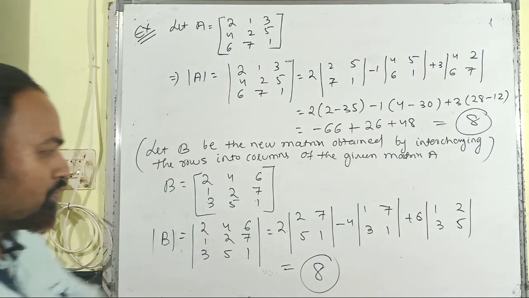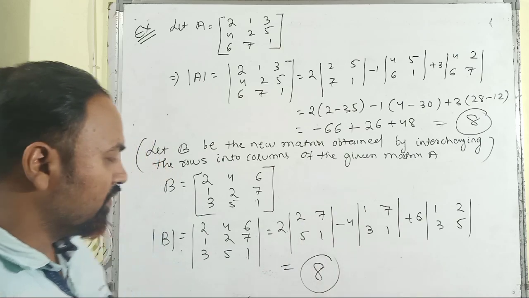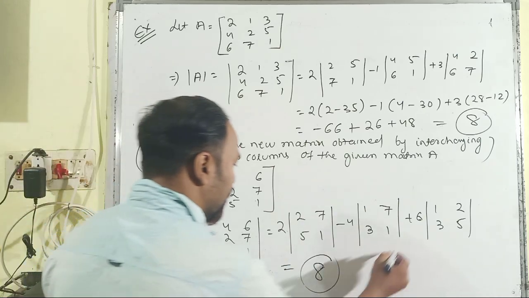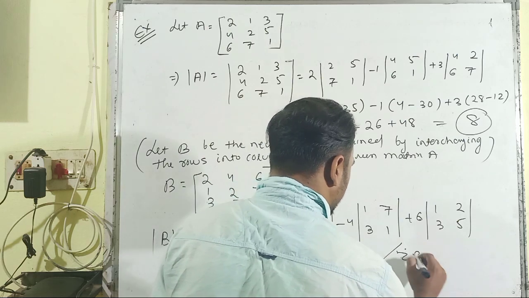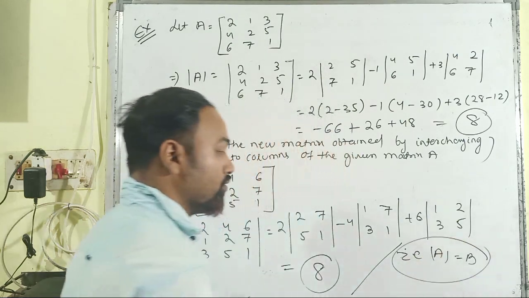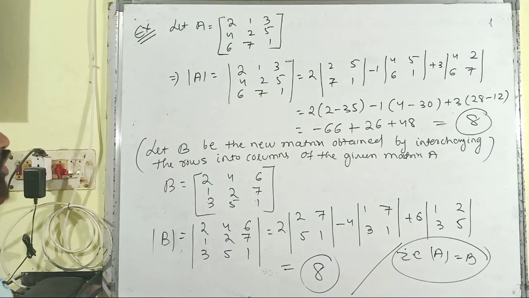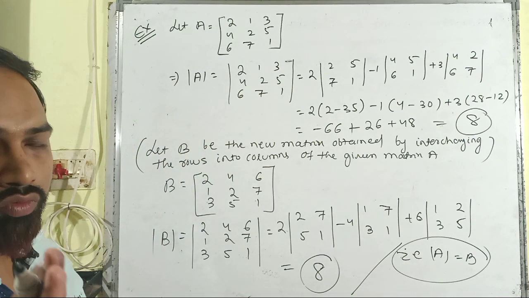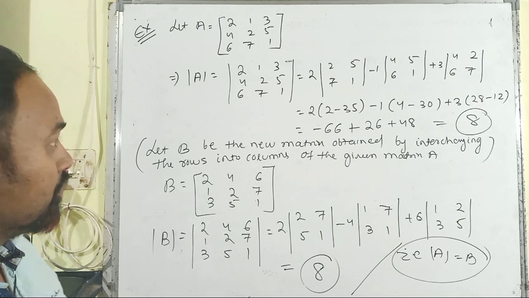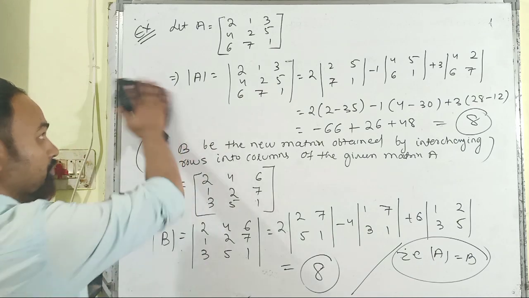You can prove that by expanding or simplifying this step. You have to prove that this value is equal to 8, and then you can write down that the determinant of A is equal to the determinant of B. At the last you have to write down these steps. So here it is all about property number 3 and one problem based upon it. Then let us move towards property number 4 of the properties of determinants.